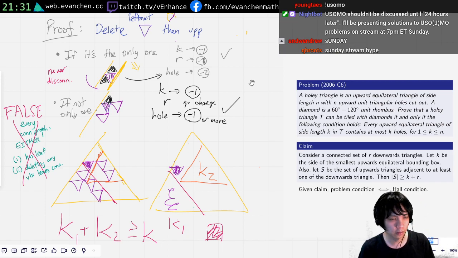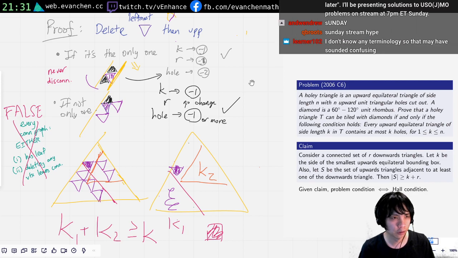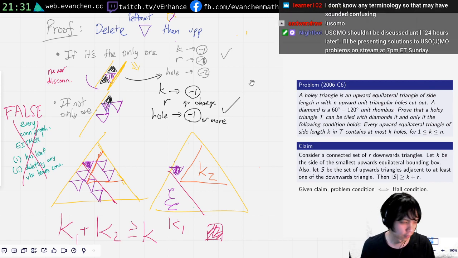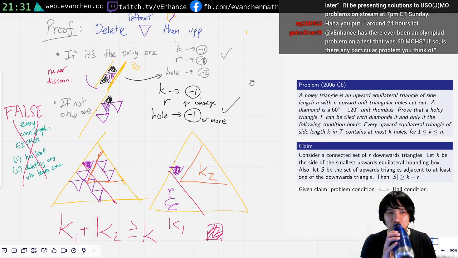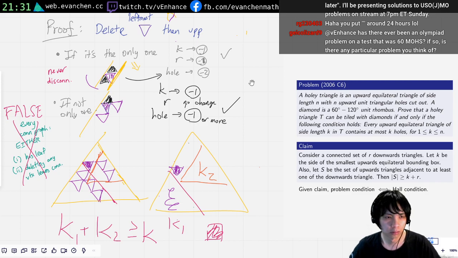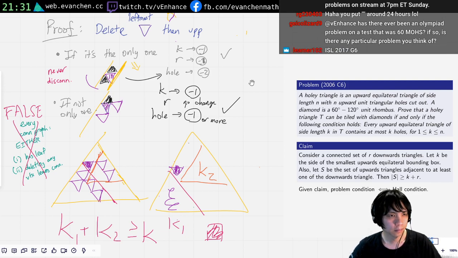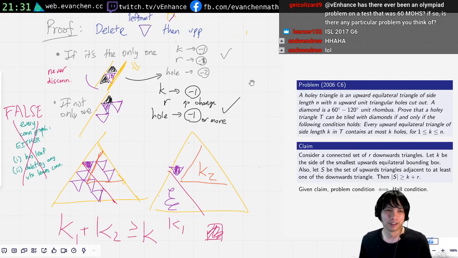Yeah, so on Sunday I'll do the thing where I talk about all my solutions, not all my problems. Has there ever been a 60 Mos? I can't think of one off my head. No, that one is definitely less than, like, that problem is doable. Like you can solve it in the time limit. It's just the problem is